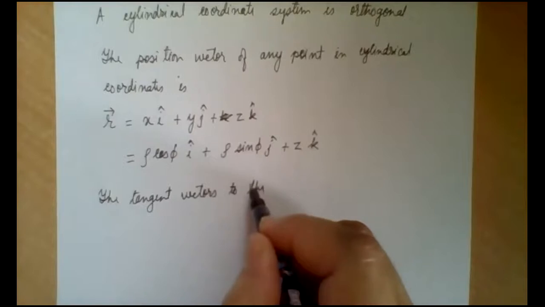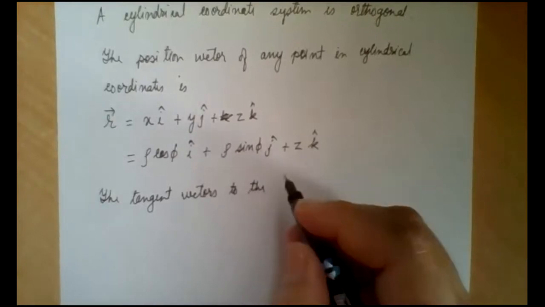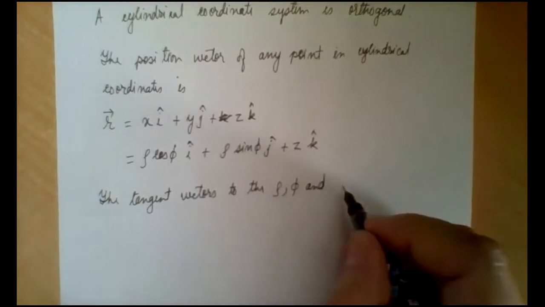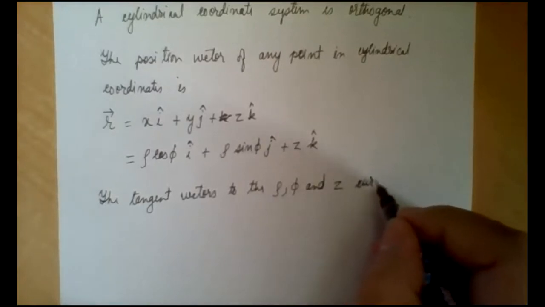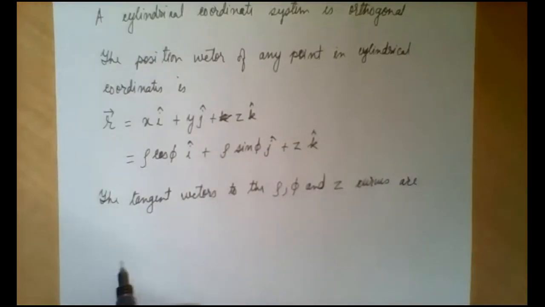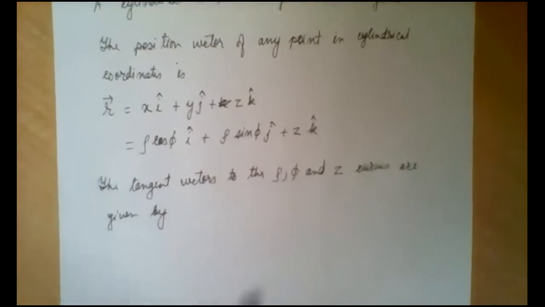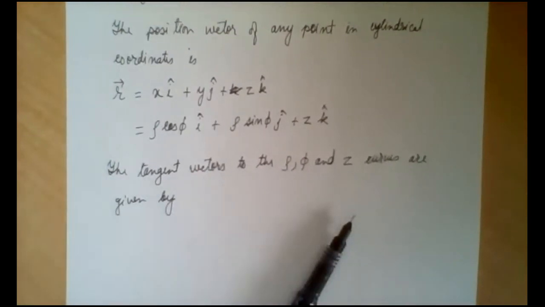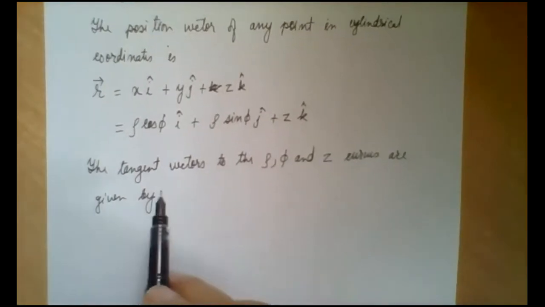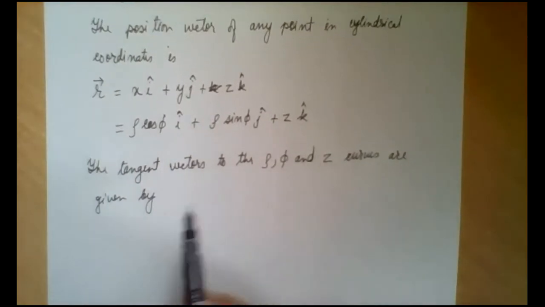I repeat, the tangent vectors to the rho, phi, and z curves are given by,